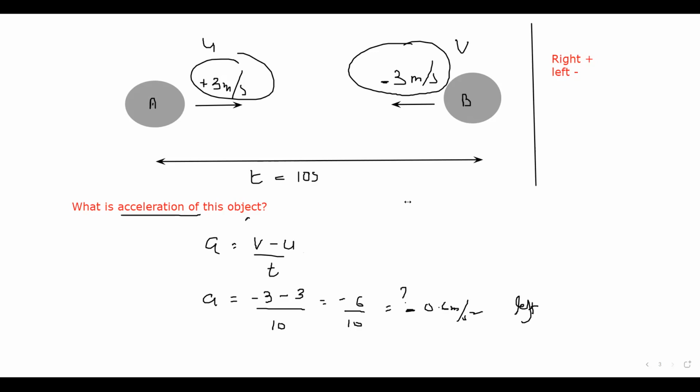So object is accelerating if magnitude, meaning the number of velocity, changes, and if the direction of the velocity changes. So when the direction of the velocity changes, the object is accelerating. If magnitude of the velocity changes,